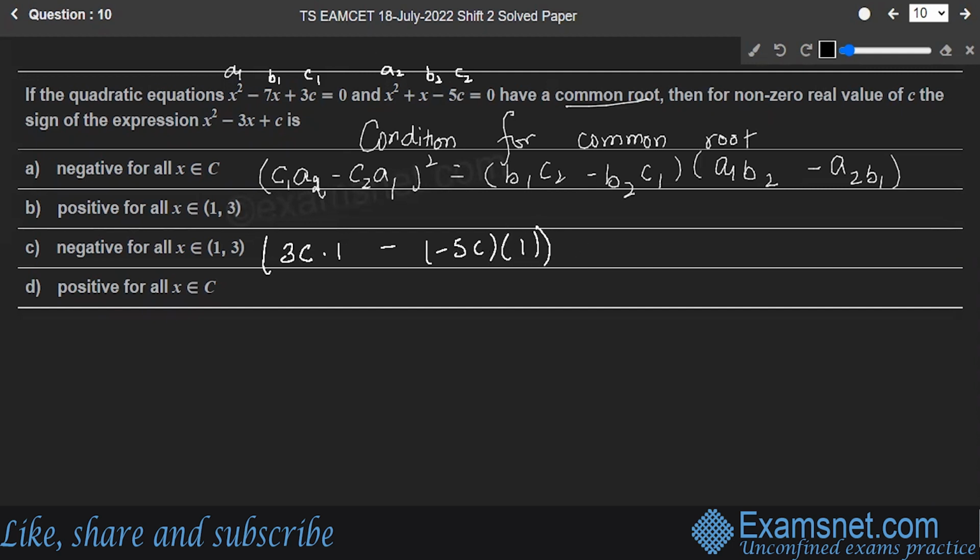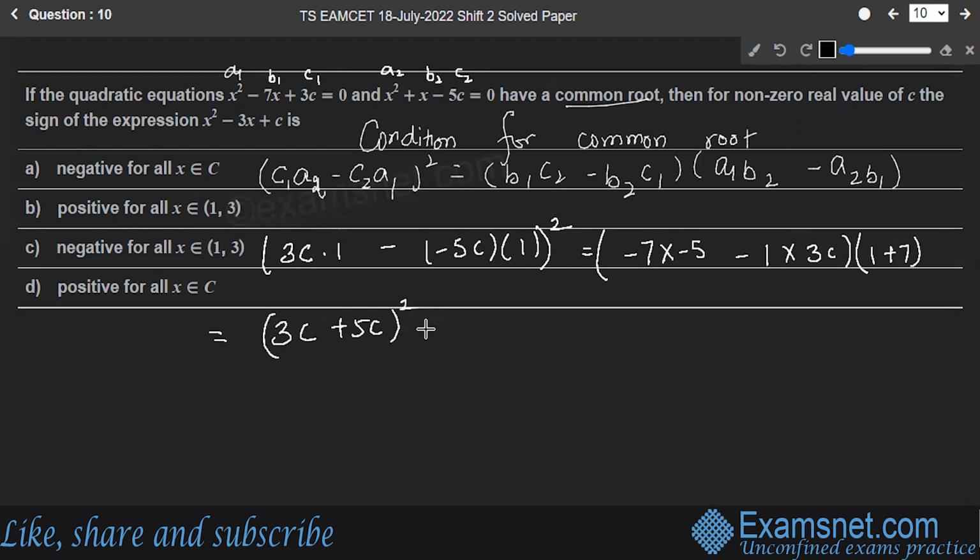This is 1 whole square is equal to B1, which is minus 7, into minus 5C, minus B2, which is 1, into 3C, and A1 is 1 into B2 is 1. So this is 1 minus A2, which is 1, and B1 is minus 7. So minus of minus 7 will give you plus 7. Okay, let's solve it. You will have here 3C